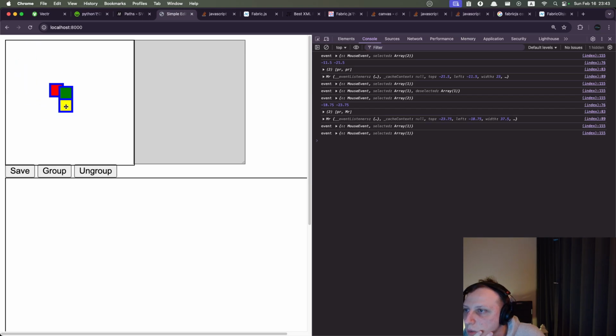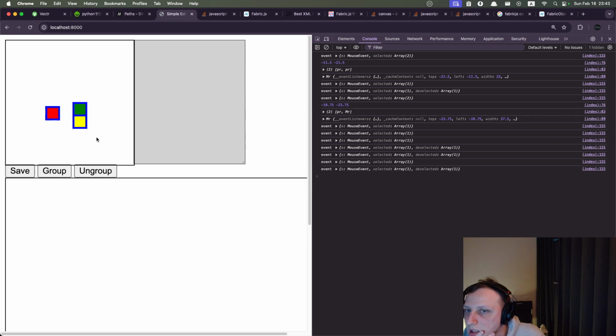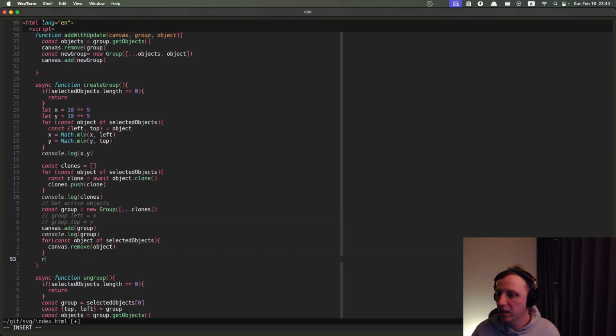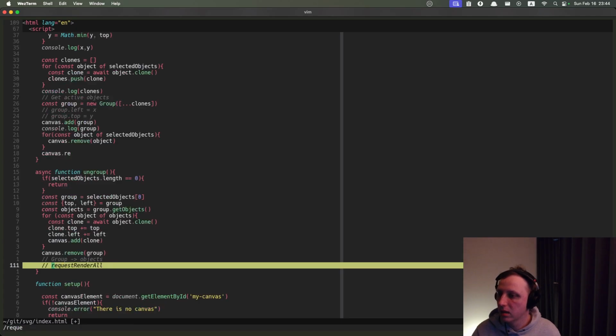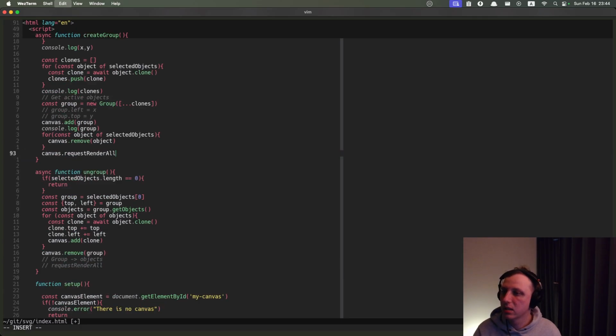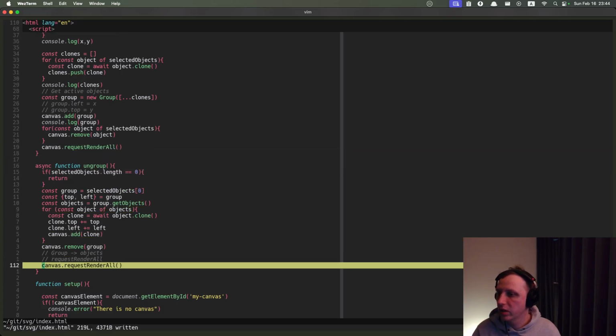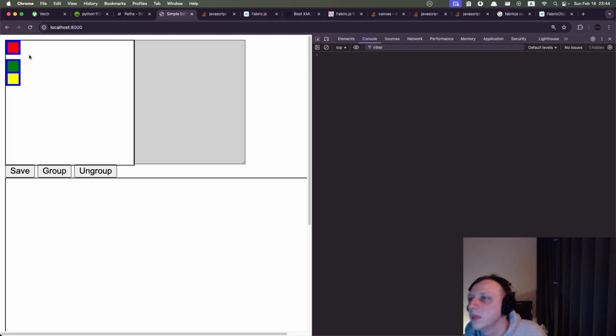The only thing that I wanted to check is this. Yes, and this works as expected. And there are no weird bugs anymore with the controls. Meaning that the only remaining thing here is the canvas request render all. So this one, canvas request render all, after you do this operation and you do this operation, meaning that in this case here,